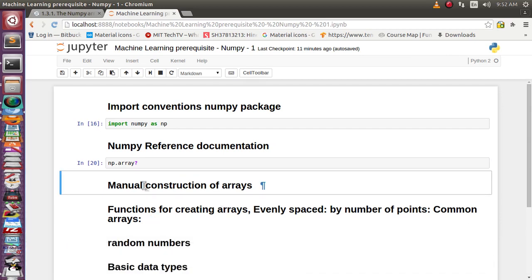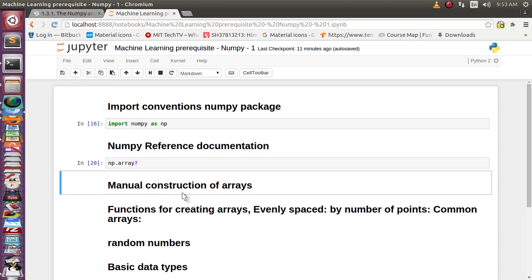Now let's see the third one, the manual construction of arrays. Why are arrays so relevant in our case with respect to machine learning? The first task in machine learning is importing a huge amount of data, and that data is arranged in a multi-dimensional grid. This numerical Python library gives us the ability to import that data in a very efficient way, plus manipulate it. That is the objective of machine learning, and that's why we are learning about array manipulation inside the numerical Python library.